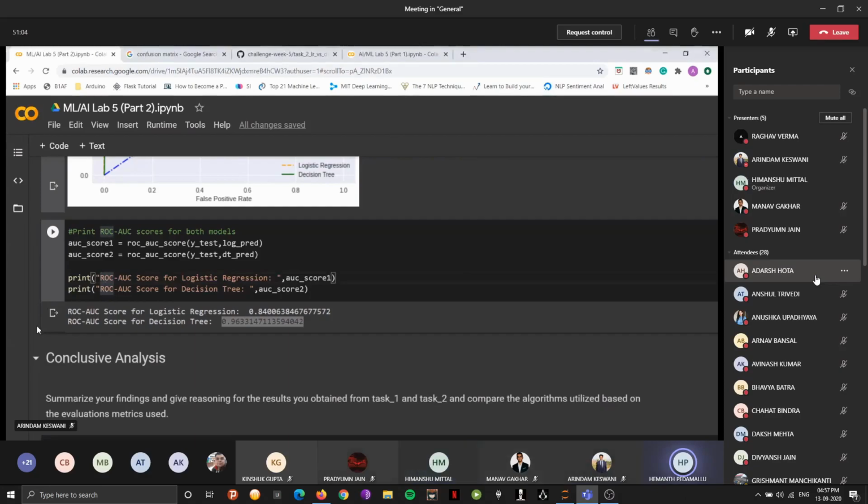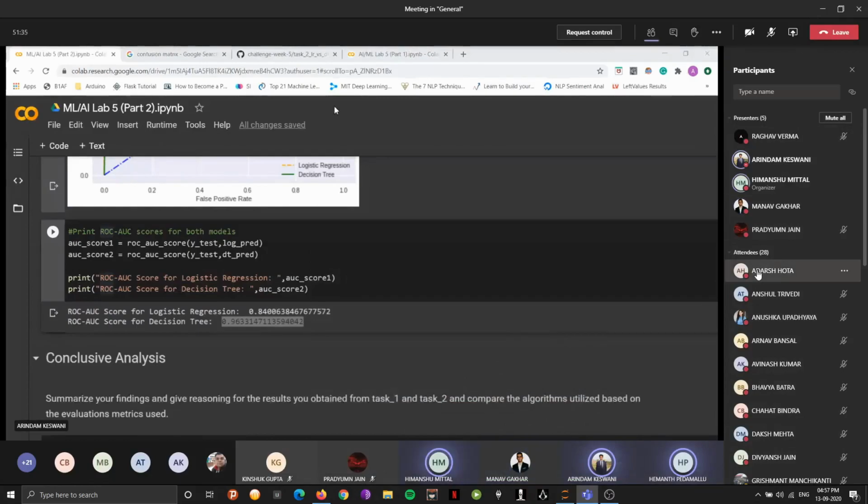This is a doubt: in the previous lab, when I'm using the decision tree, the performance of the decision tree is varying when I'm changing the max depth parameter, maximum depth. So in this lab, because this dataset is very large, should I try different values of the maximum depth to find the best value of the maximum depth?